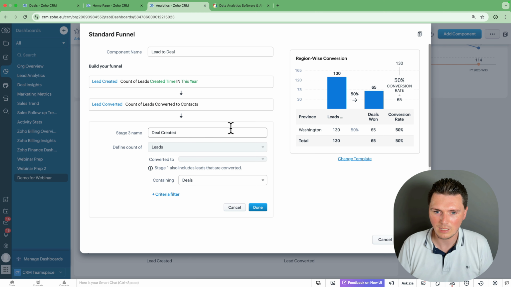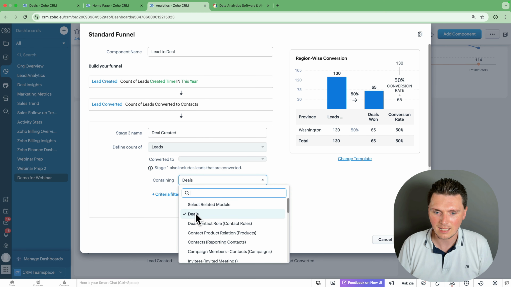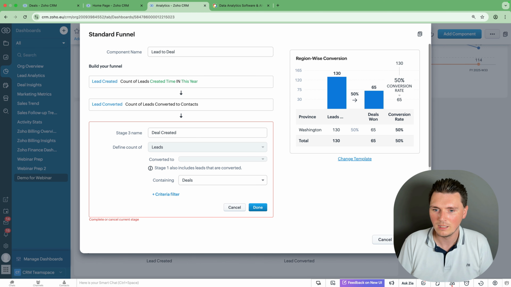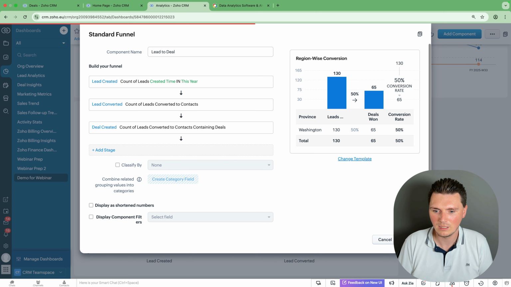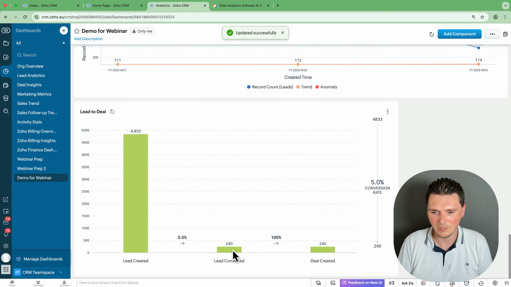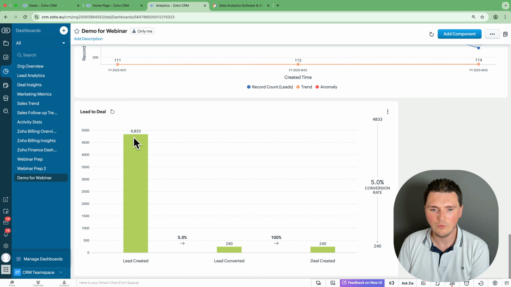So we've got deal created, and what I did there was give it a name of deal created, and I've said it relates to a deal. Let's see how that looks. Hoping that's going to pull through. Absolutely, there we go. So we've got 4,833 leads, 5% conversion rate to lead converted, 100% conversion rate